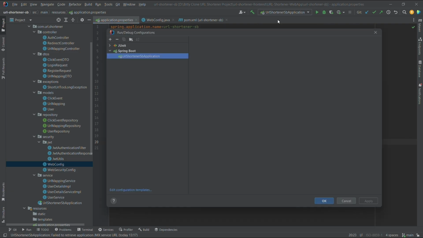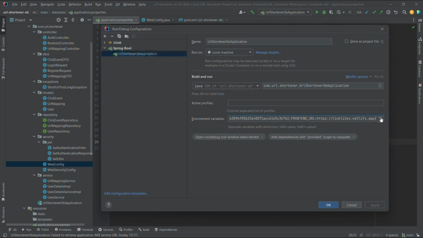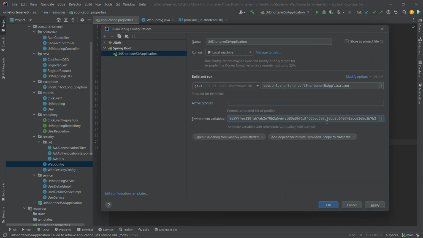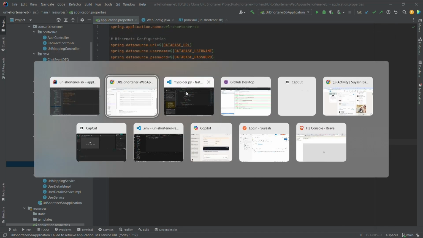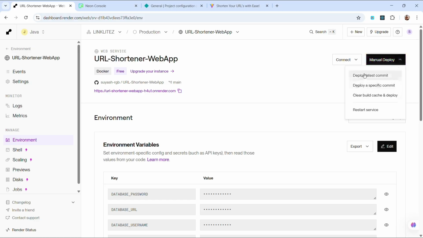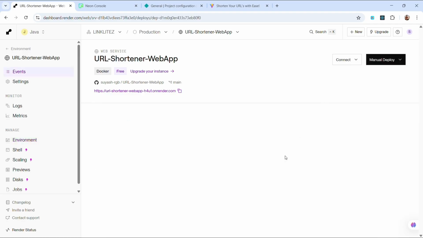Let's go to edit configuration. We don't want any mistakes to be done here. Okay, so we have added one extra slash over here. Even though this is not going to be the same as the deployed one, I'm still going to change this. Now I'm going to go back to the Render console, and now I'm going to click on deploy latest commit. Now this will take some time,